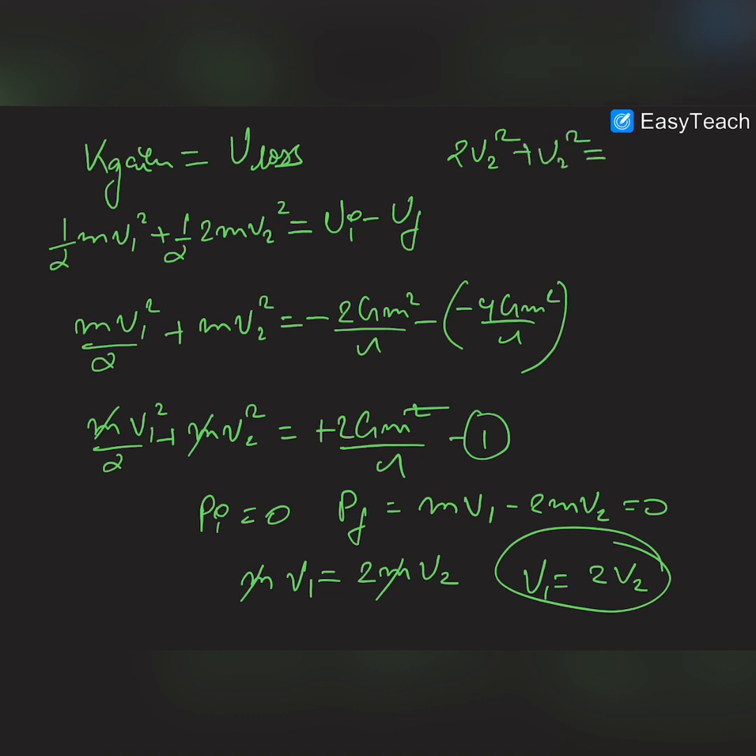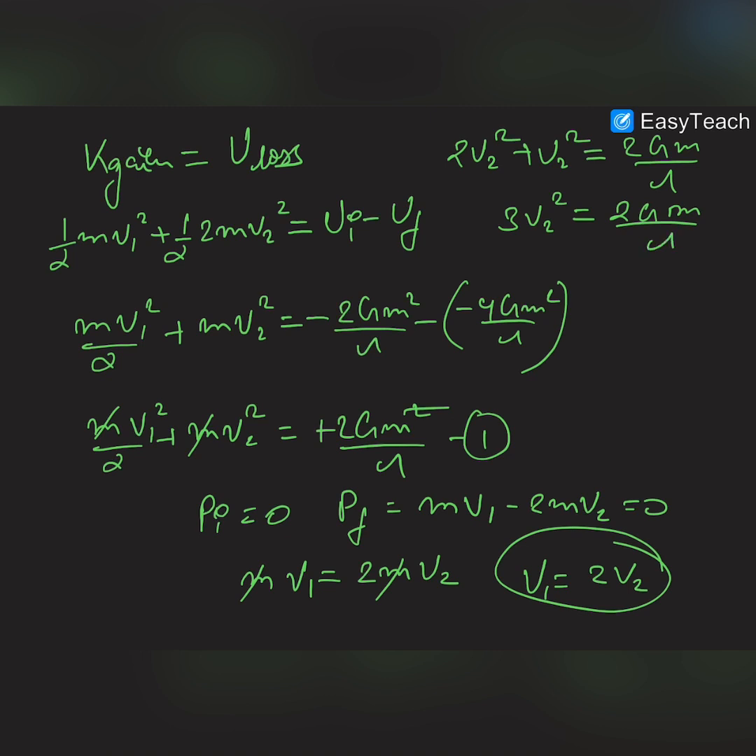Okay, what I have done is substituted the value of v1 here. So it would be 4v2 square by 2, and 4 by 2 is 2, so plus v2 square is equal to 2GM by r. Okay, so this is 3v2 square is equal to